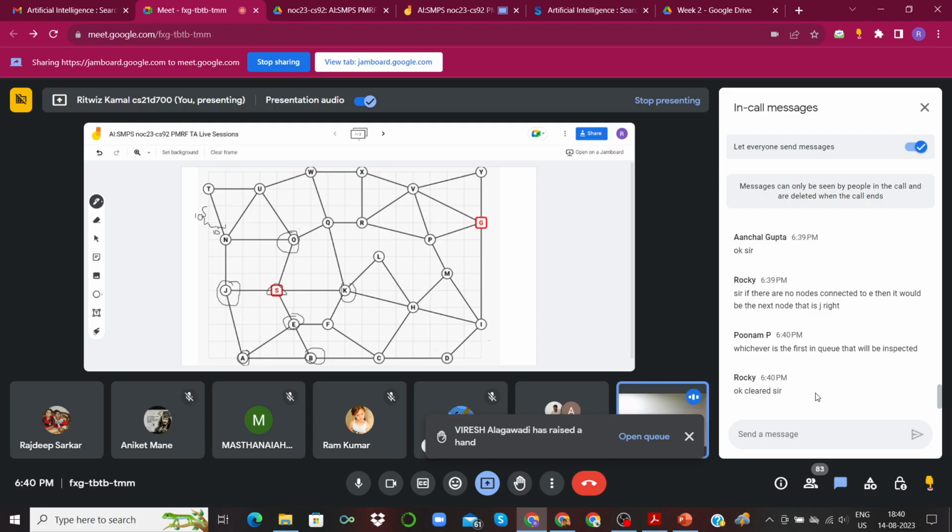Ankit Mane, I'm not sure if you're unmuting yourself by mistake. If that is the case, I would request that you be careful. But if you have a question, please feel free to unmute and say it clearly. If you unmute and then quickly mute yourself, what you say is not audible to everyone, and I also don't understand. It's not really helpful for anyone.